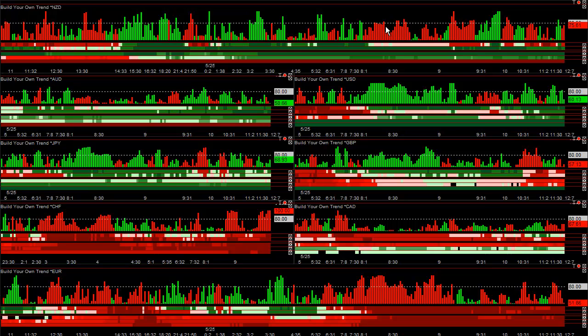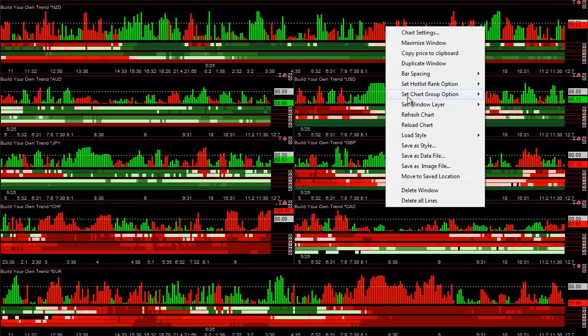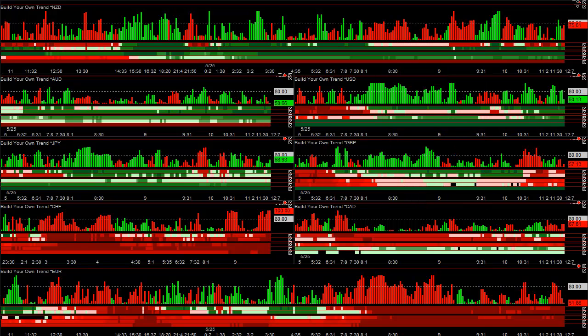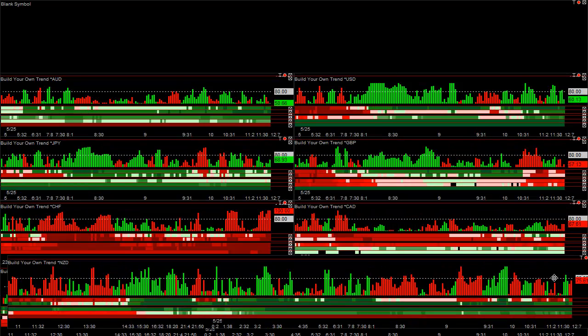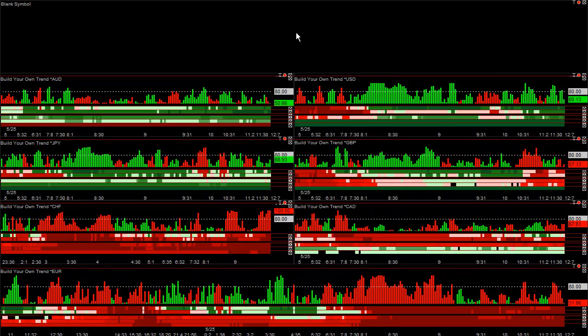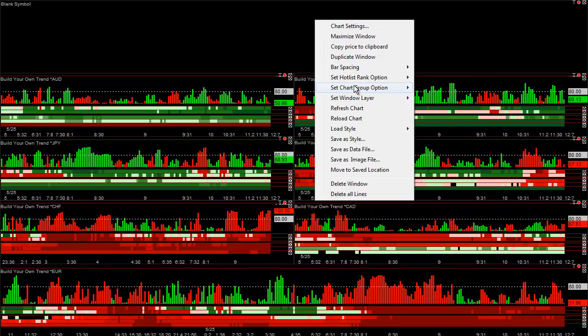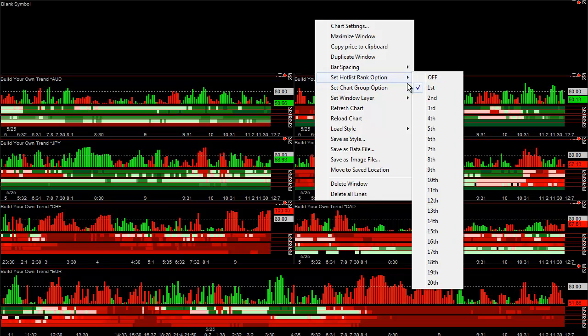Now, there's a new option. When you right-click on a chart, you have the Set Chart Group option: A, B, C, D. And if this chart has the color green, or red in this case, as I move this, you'll see what's underneath it, a blank chart that we have also set to A, and the Set Hot List Rank option is